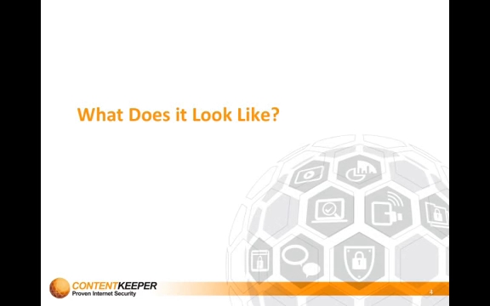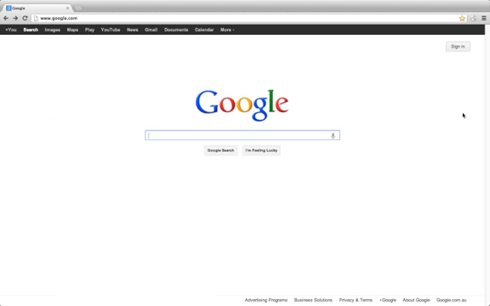So what does it actually look like? Well, let's go and take a look. In this example, I'm going to use Google.com. I have defined some granular social media controls to limit some of the interactions I can have with the Google.com website. You notice, for example, that I have access to the main Google.com,